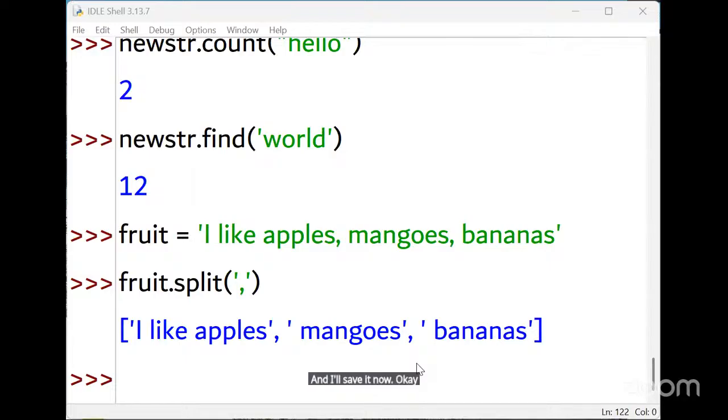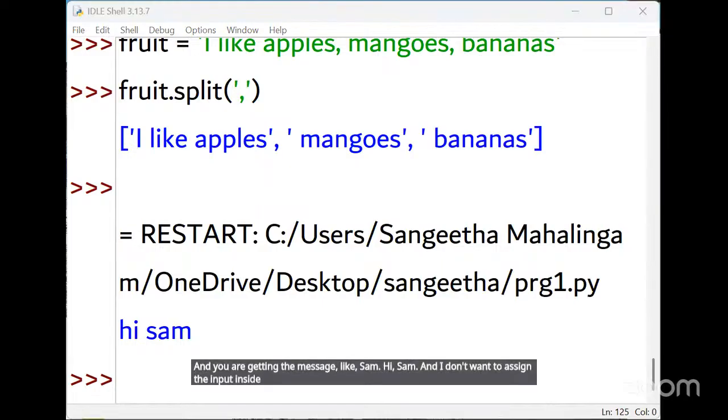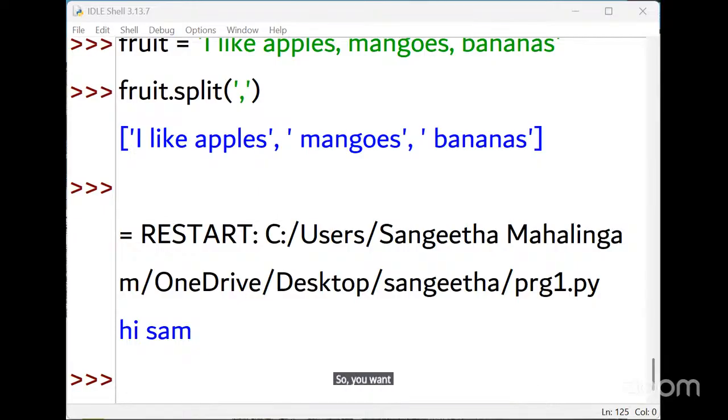Now you run it and you get the message: Hi, Sam. But I don't want to assign the input inside the program itself, so you use the input method inside this: Enter your name. Just run this.